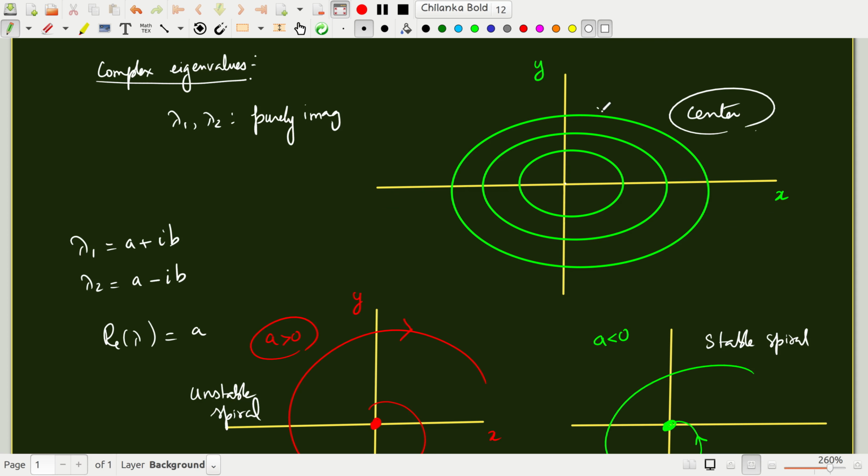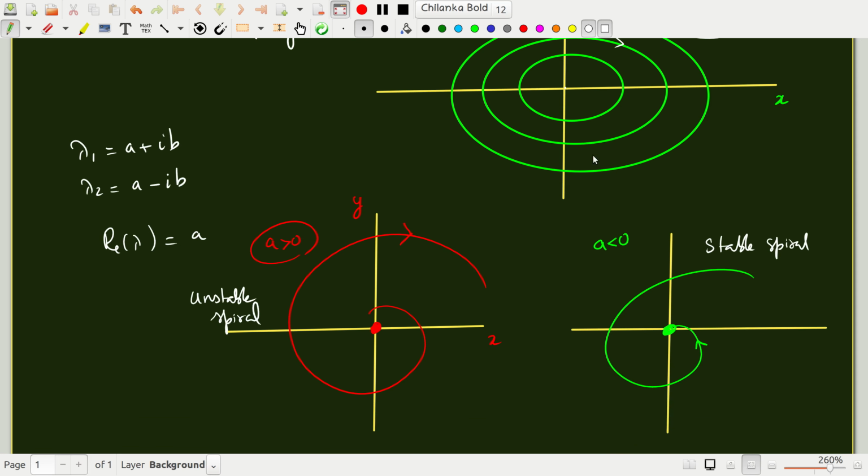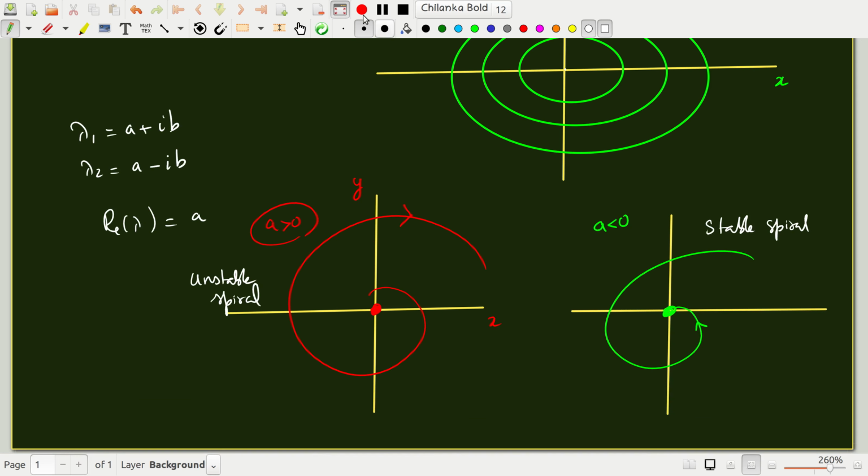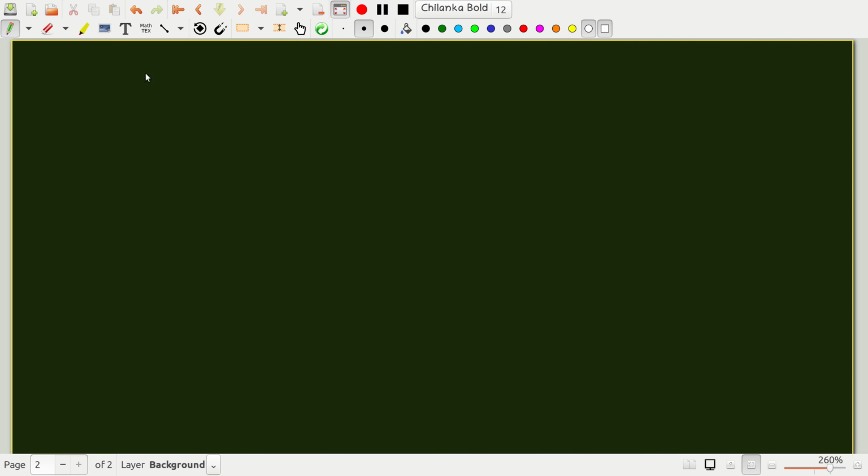Now the direction of motion will be determined by the ordinary differential equation and the initial conditions. So we should not worry about the details of the direction right now, whether it is clockwise or anti-clockwise. Okay, all right. So in general,